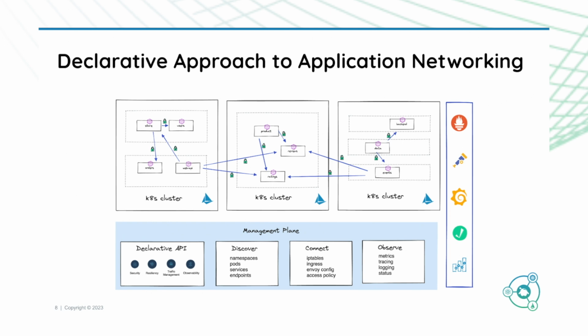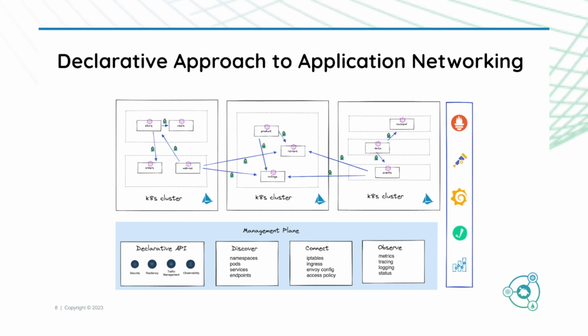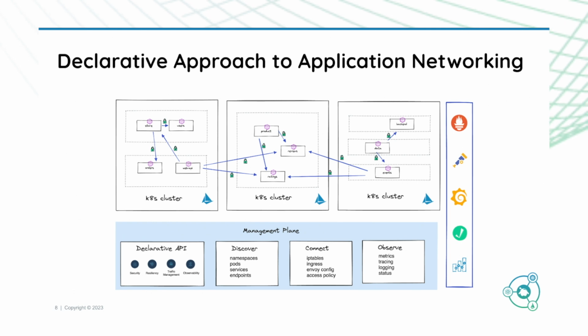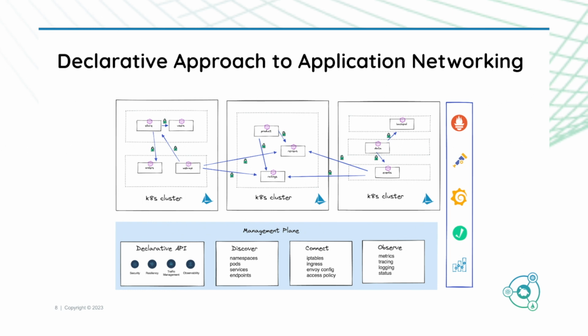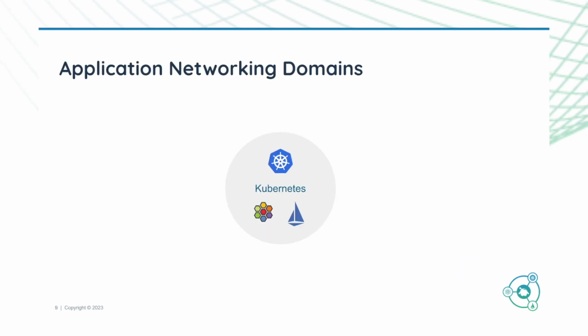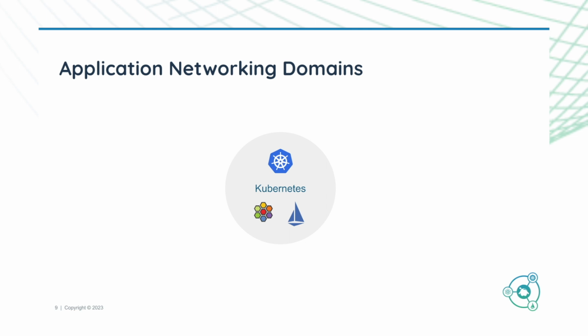So all of this communication, these relationships between services, being able to set up OTel pipelines for metrics and tracing and logging data, and then also the status of all the resources and the services, and piping those to the most popular technologies out there when we think about Prometheus, Grafana, and OpenTelemetry. All of this works amazingly within Kubernetes, and that's why we see Istio and service mesh as such a popular